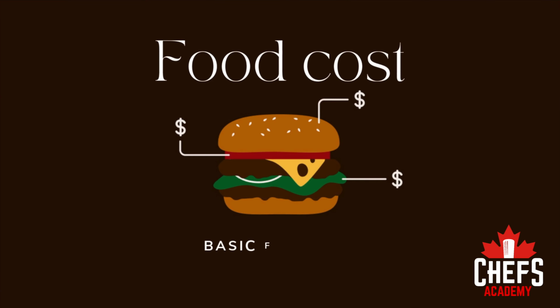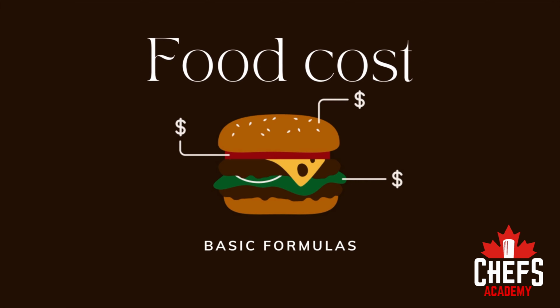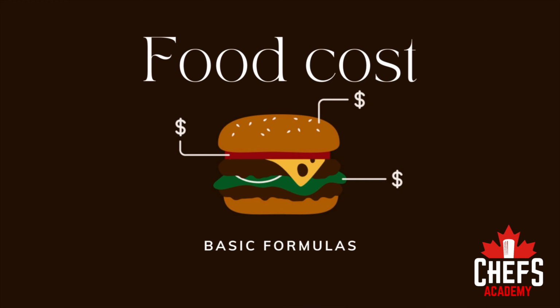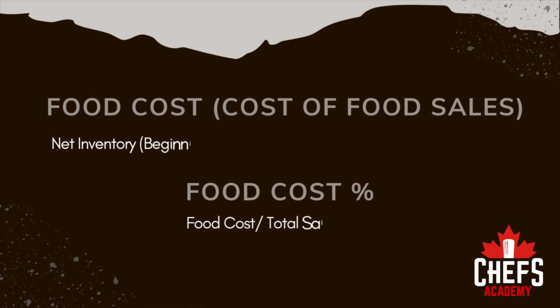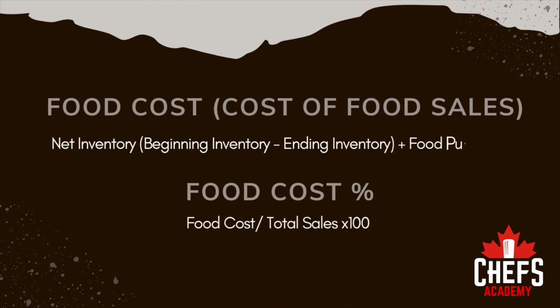Well, food cost can be calculated by dividing the total cost of ingredients used in a dish by the menu price of that dish, then multiplying it by 100 to get a percentage. The formulas are quite simple. First, you need to calculate the actual food cost, the cost of goods sold. You'll need to take your net inventory, the beginning inventory minus the ending inventory, and to that, you'll add the food purchases. Then we'll grab that number, divide it by the total sales times 100, and we'll get the food cost